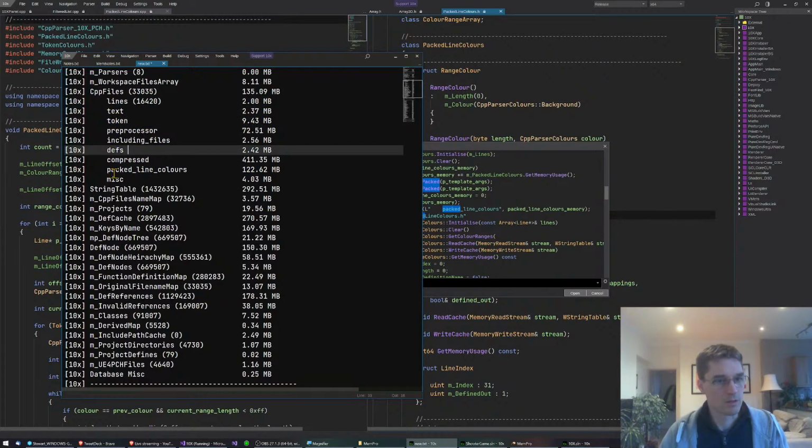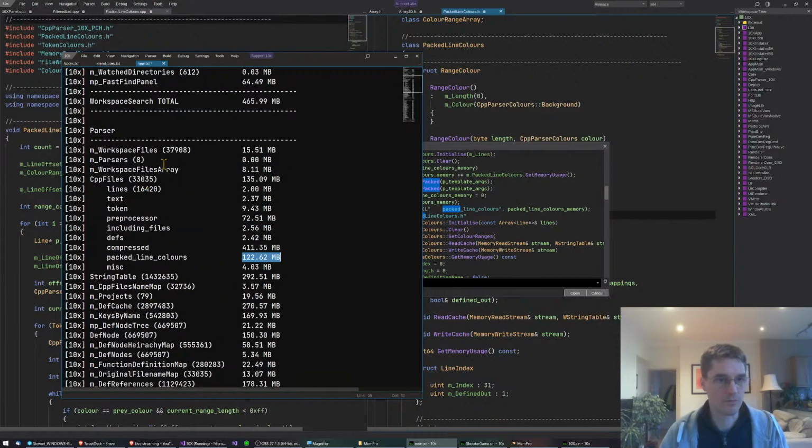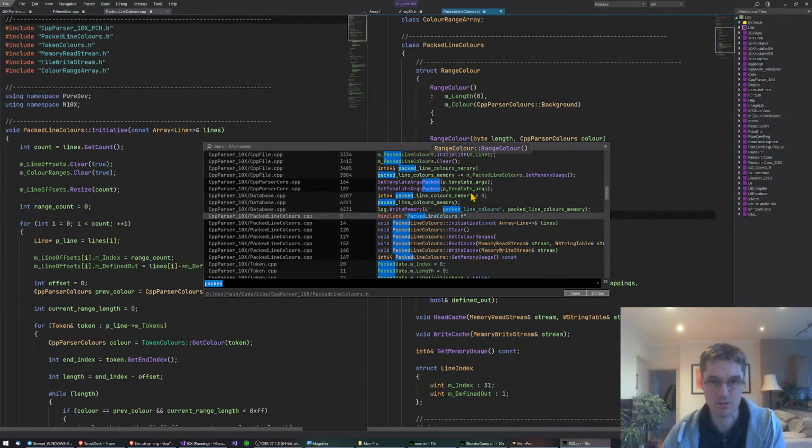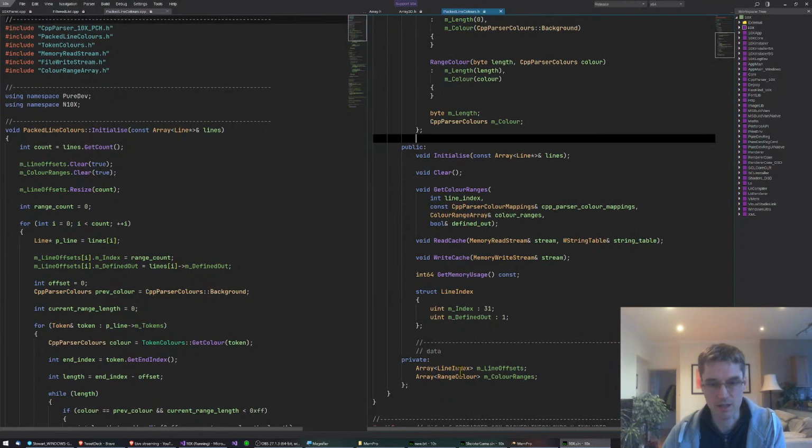Where is it? Packed line colors. It's only 122 meg, and that's for the entire 37,000 file project. So that's something I'm definitely willing to trade, 122 meg, just so that Find Workspace Search doesn't need to decompress anything. So as I said, it's just a very simple array of